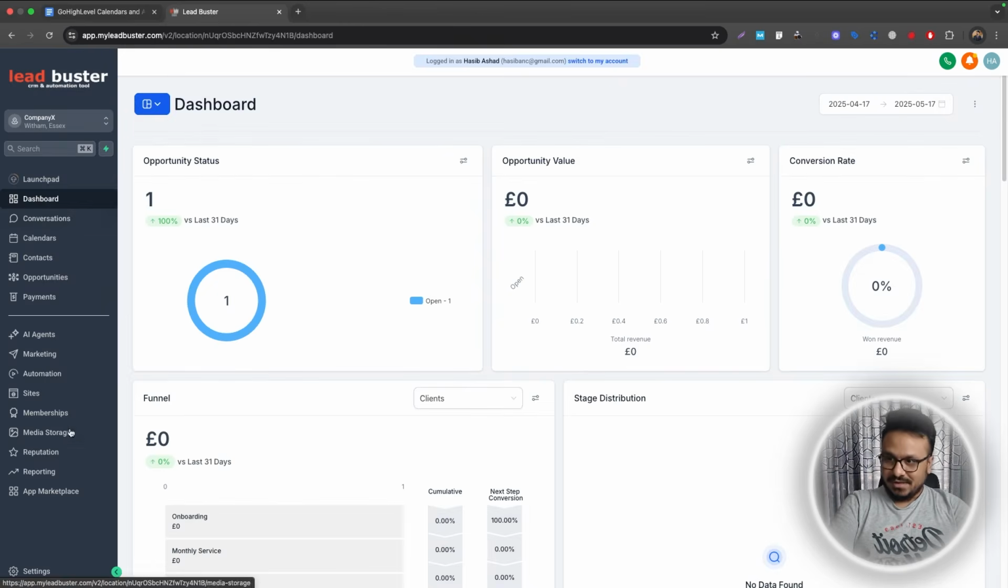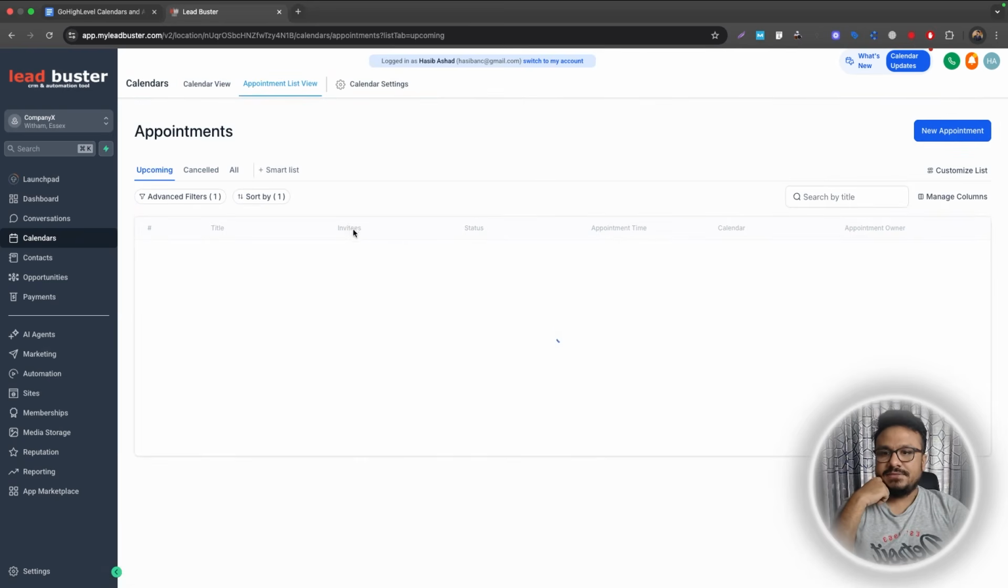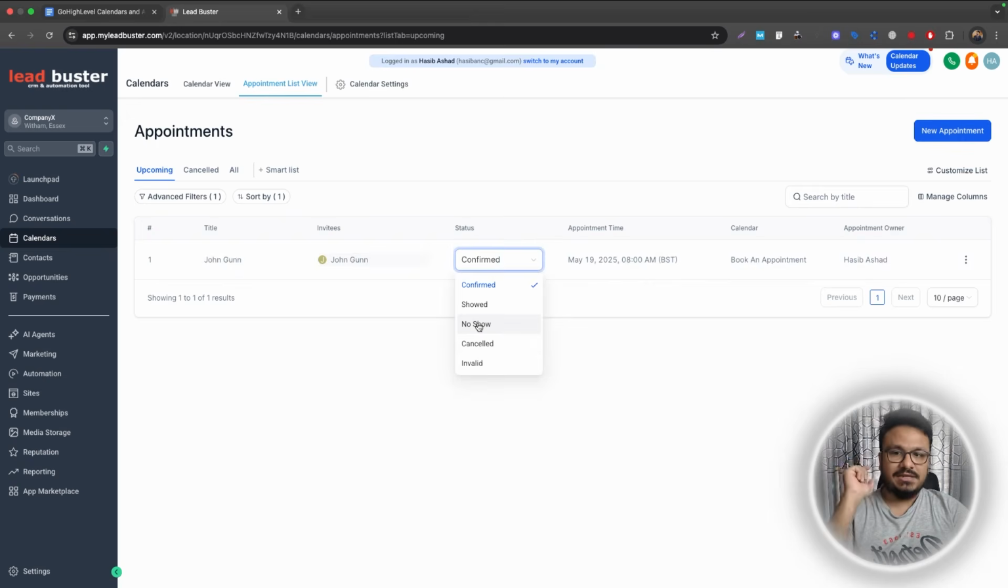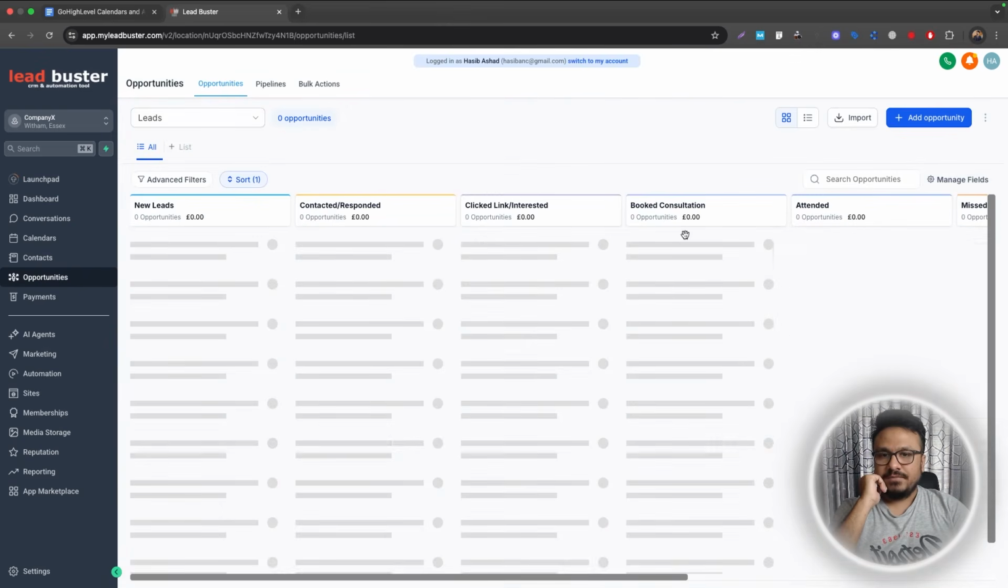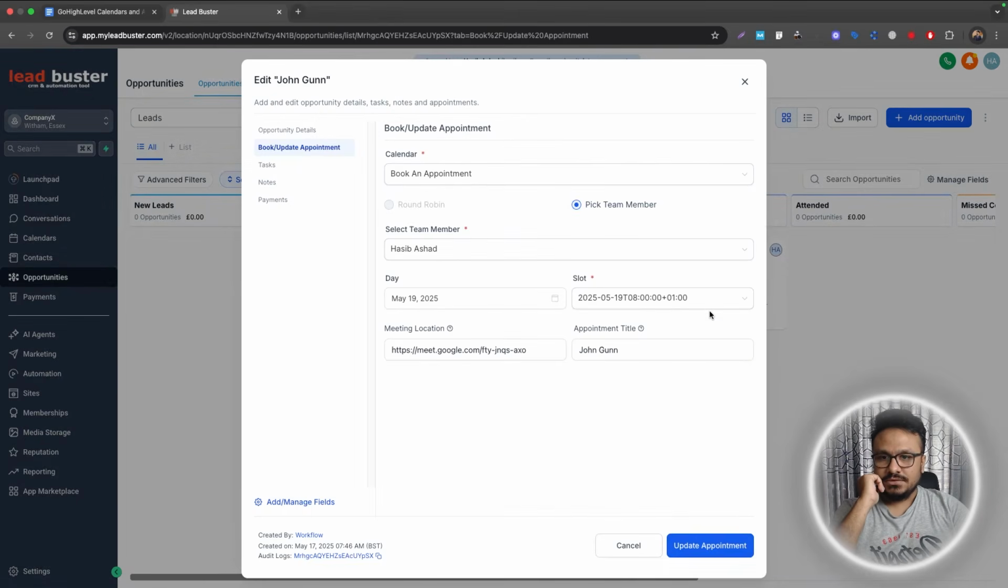What I mean by that is, if I go to calendars, this is the recently booked appointment, as you can see, and the status currently says confirmed. Now, if they don't show up, you can just mark that as a no-show. You can do that from here, or you can go to opportunities as well, and click on the appointment. All right, so this is the appointment. I don't think it will let you do it from here,